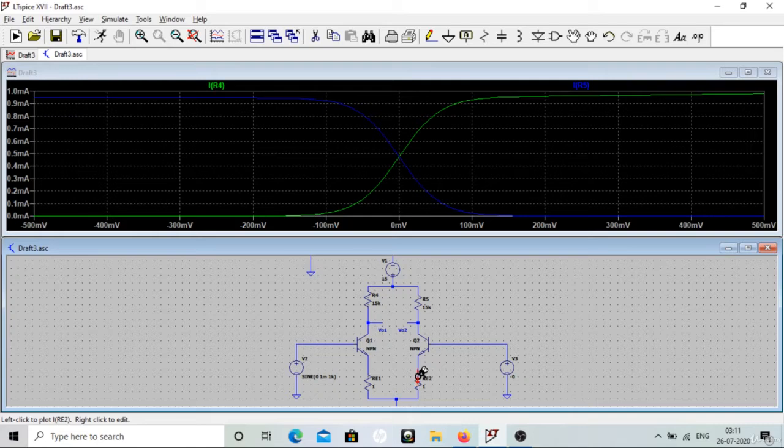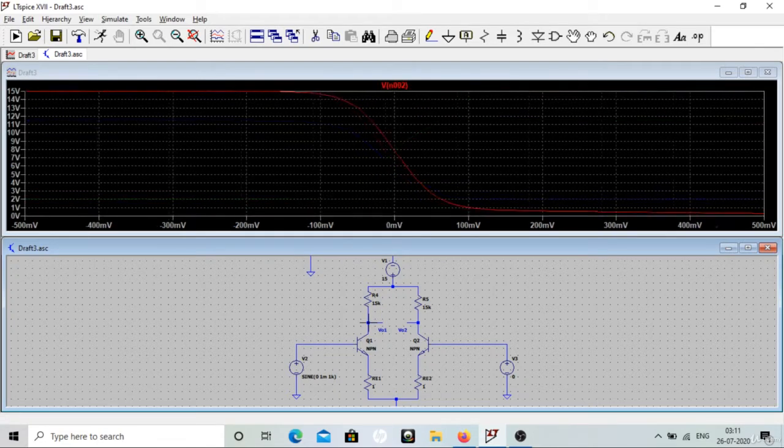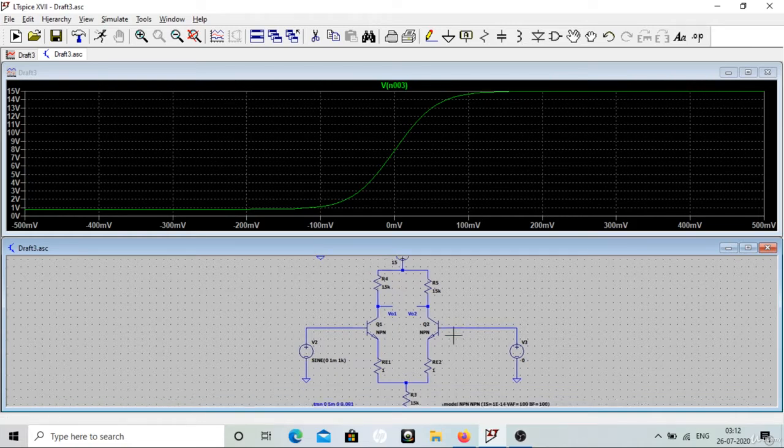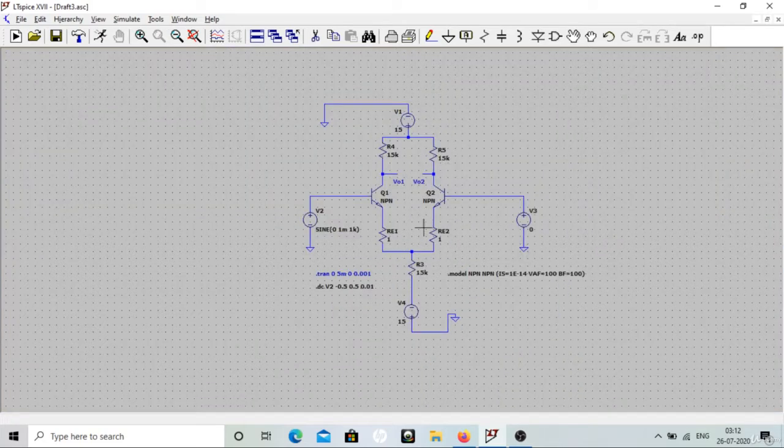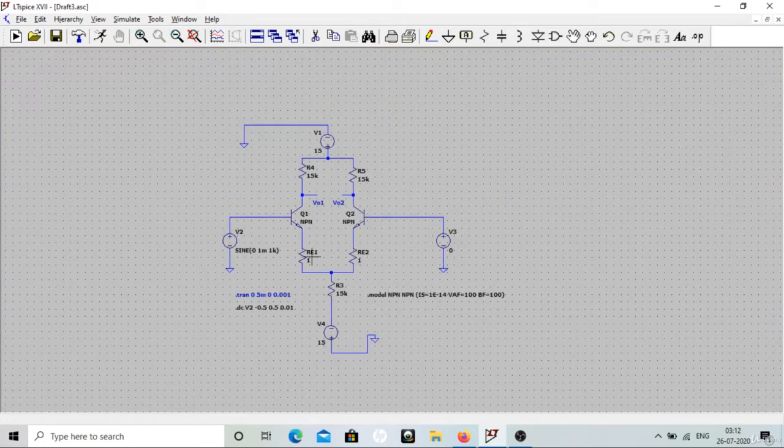Similarly, you can calculate the voltages as well. As you increase the voltage, this one is going down from 15 to close to 0, and this other voltage is increasing from 0 to 15. Same thing: because of the current change, the voltage also changes in the same manner. So that is what I want to show in DC analysis. You can do any other analysis if you want in the DC as well. If you want to see the currents or voltages here, you can see all those things.